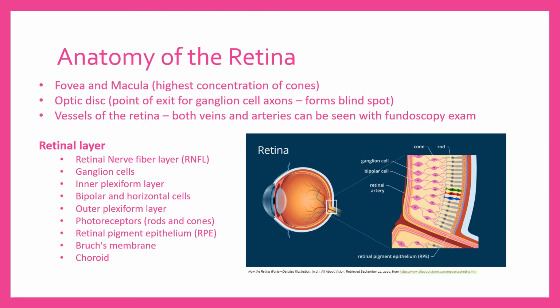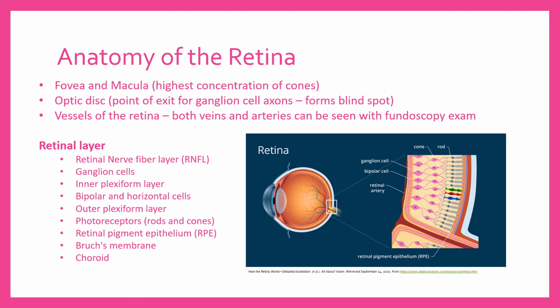Now that we have learned about schizophrenia, let's turn back to the eye. Most of the ophthalmic conditions in schizophrenia occur on the retina. So it is important to understand the anatomy of the retina to understand how the conditions present. To give a little bit of context, the retina is the innermost layer of the eye, the outermost being the sclera, and the middle layer being the uvea. The anterior uvea consists of the iris and the ciliary muscles, and the posterior uvea, the choroid layer.